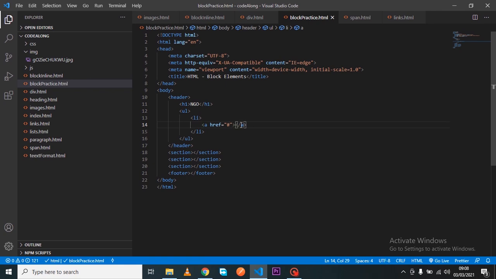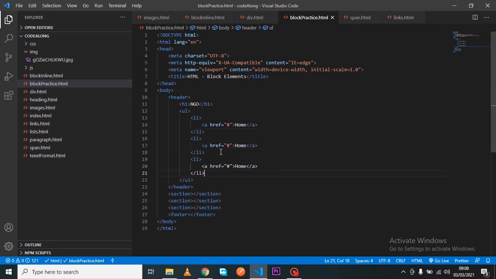Then I'll call this home. Okay. If you want a tag to lead nowhere, just put hash inside it. Put the hashtag as the href value. So let's say this is my about us, and this is my contact. Okay. So now I have 2 children for my header, the title of the site and the